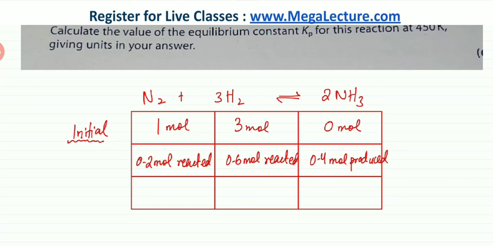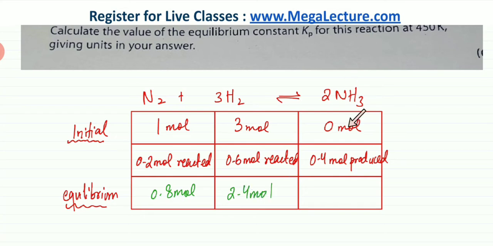And we can now move to the last step, which is we can figure out the equilibrium moles using this. So the final equilibrium moles are going to be that you started off with 1 mole, 0.2 moles reacted. So how many are you left with? That's going to be 1 minus 0.2, so it's 0.8 moles. So you started off with 1 mole, 0.2 moles are gone, so 0.8 moles are left. Over here as well, you started off with 3 moles of H2, 0.6 moles have reacted, that means they're gone. So you'll be left with 3 minus 0.6, that's going to be 2.4 moles.